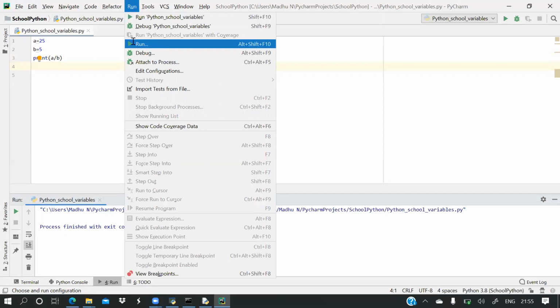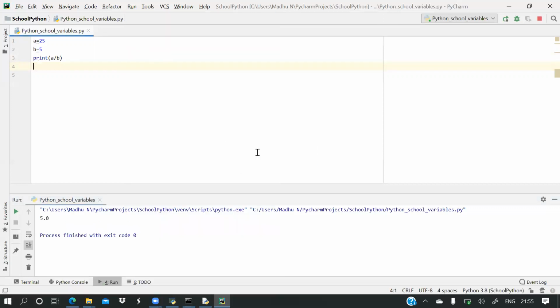Got it? But there is a small issue. Now 25 by 5 is 5 itself, but it came as 5.0. Now I want only 5. How to write it? Just now I have discussed. Please think and write your answers in your notebook.